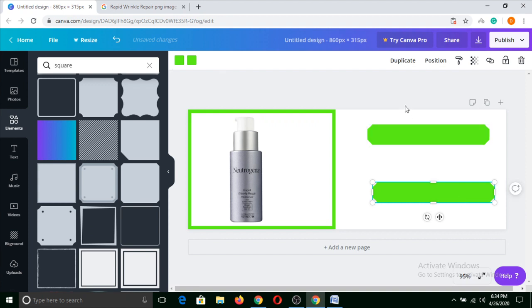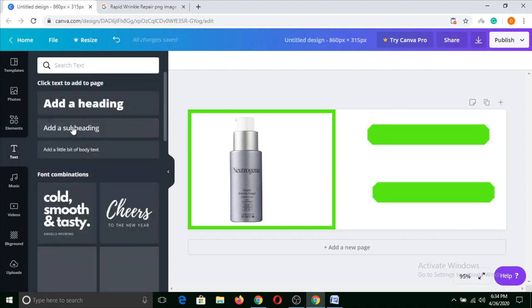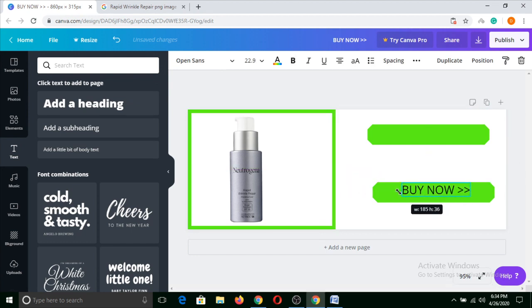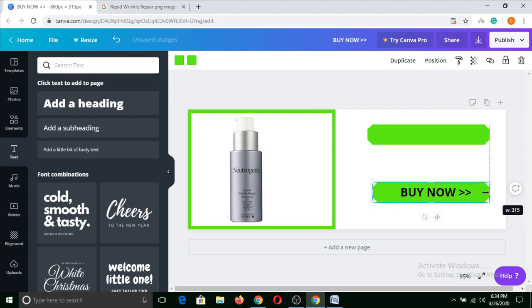Now we'll add text, this one, and we'll type buy now, and space, and this kind of direction text. Now you can do Ctrl A and select it all and make it bold, and now you can decrease the size of this button.